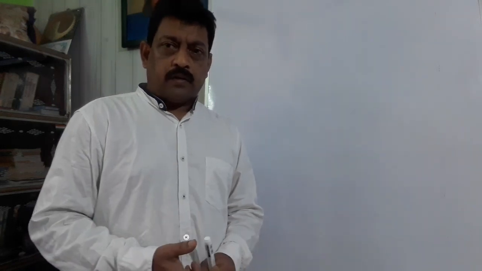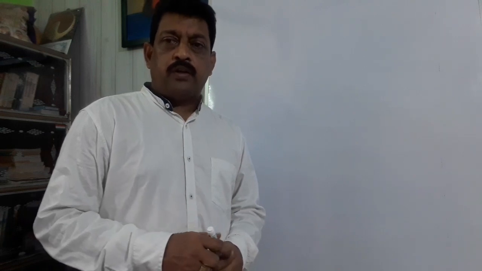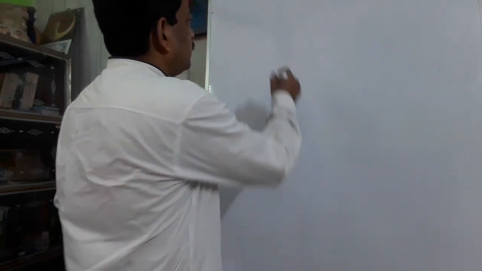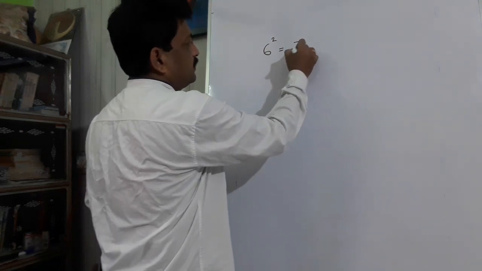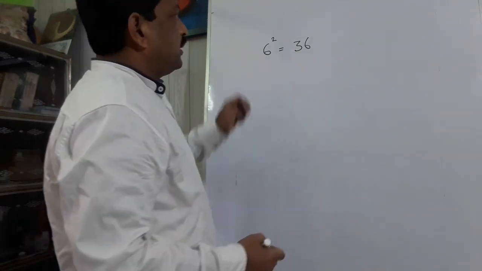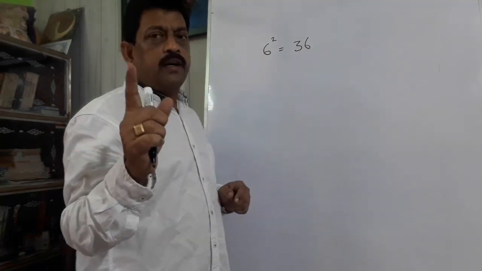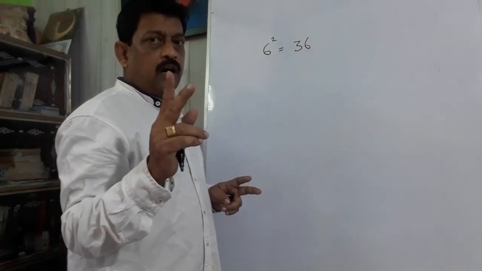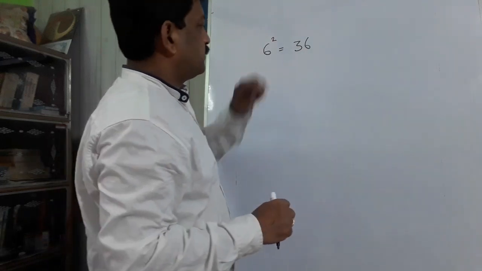So we all know a single die contains 6 outcomes: 1, 2, 3, 4, 5 and 6. Therefore, two dice when rolled together will contain 6 to the power 2 outcomes, that is 36 outcomes in total. And this is generally given by the formula 6 to the power 2, because a die has 6 outcomes and I am rolling 2 dice, that is why power 2, so 36.